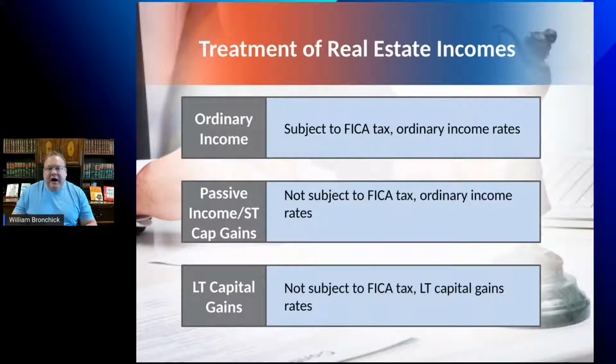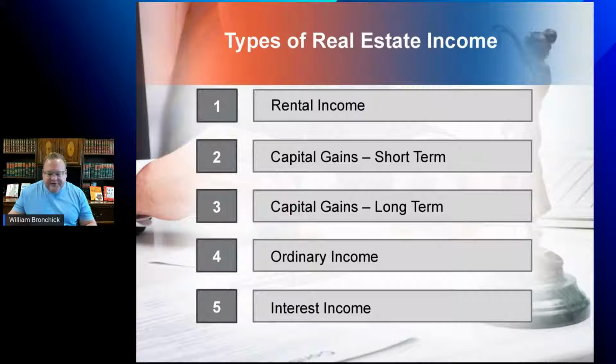So if you bought a property and then rented it for a while, and then decided to sell it and had a capital gain, it would be capped at a 20% rate for now. If you're in a lower income tax bracket, it could be 15 or 10, depending on your total income, but more likely 20% if you're an active real estate investor.